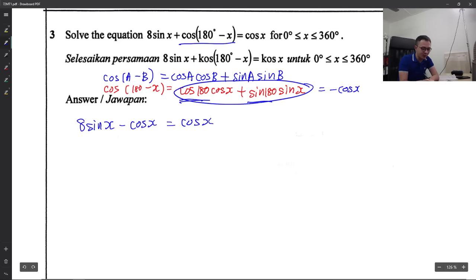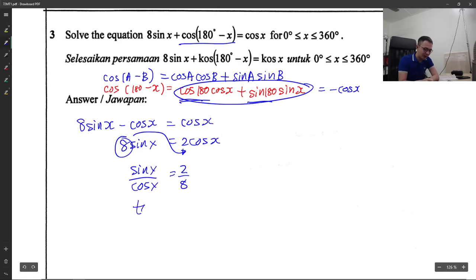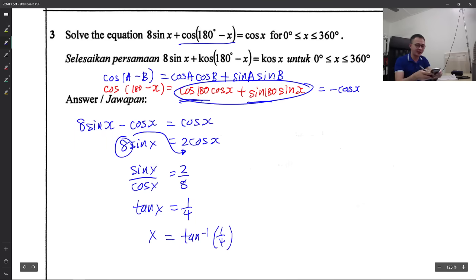Negative cos x moves to the other side as plus cos x, then I get 2 cos x. This is 8 sine x. I know sine x over cos x is tangent x, isn't it? So I throw my 8 to the bottom, 2 over 8. Therefore my tangent x is 1 over 4. Then I do the inverse tangent of 1 over 4, but make sure you change your calculator back to degree. So shift tangent 1 over 4, and you will get x is